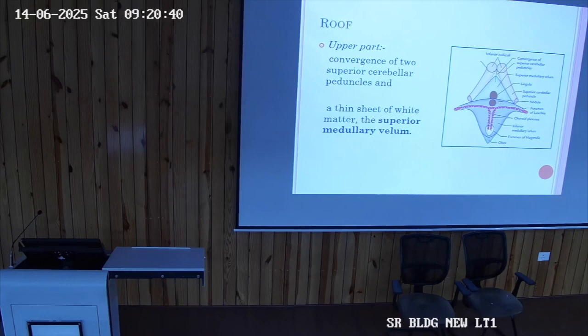So here you can identify in the roof, what else is visible? In the roof, what else is visible? There is the foramen of Magendie, and then there are two foramina of Luschka. They are situated at the lateral angles. In the midline this is the foramen of Magendie. Then from the roof, the choroid plexus will also enter into the cavity of the fourth ventricle.